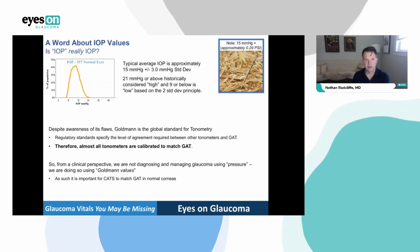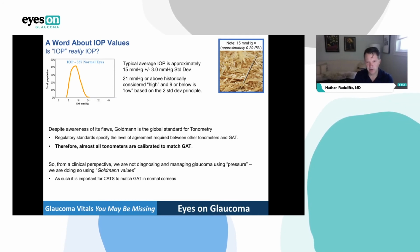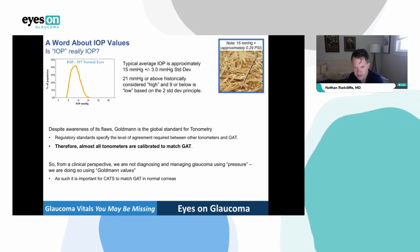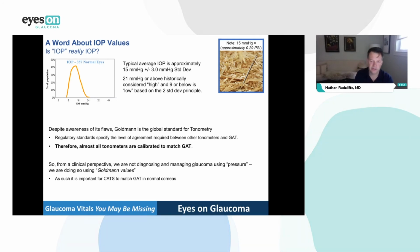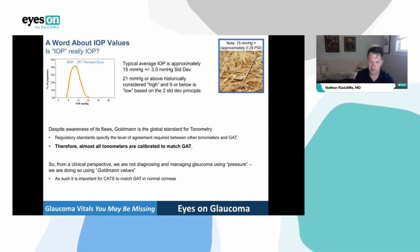So, a little bit about intraocular pressure. It's usually about 15 with a standard deviation of plus or minus 3, and 21 millimeters is considered high, and 9 or below is low. All tonometers are calibrated to match Goldmann because that's just how the whole system was designed. Goldmann became the reference standard, and a new tonometer is being developed here to match Goldmann applanation tonometry in normal